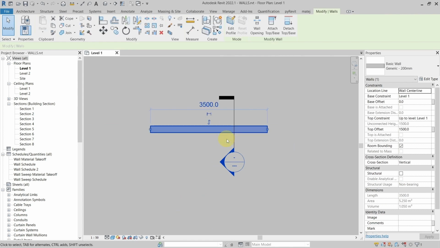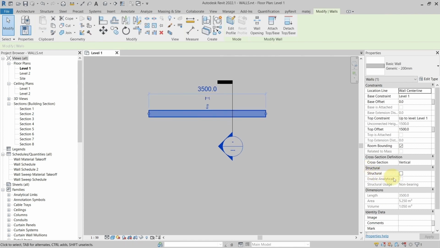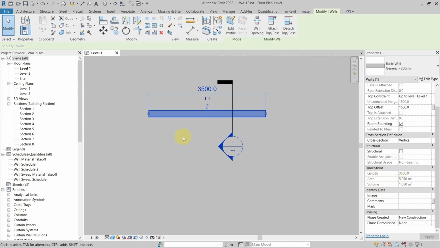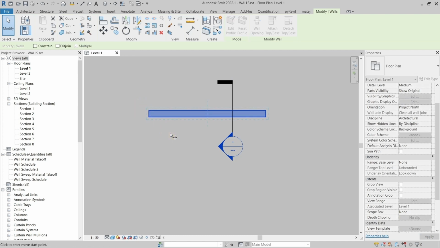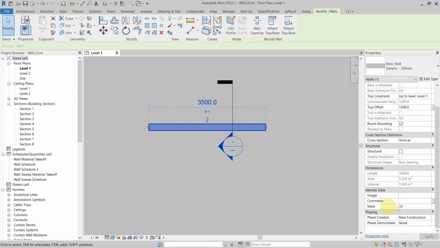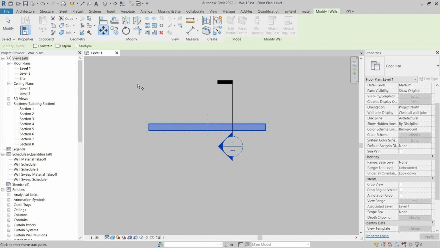The next thing is with the walls. Let's imagine that I have my wall here and I put here the mark 10. Now if I move this wall with the move command, like a normal command, you can see that the mark still remains here. But what I've discovered is that if I move my wall with disjoin selected, which sometimes you need to do,